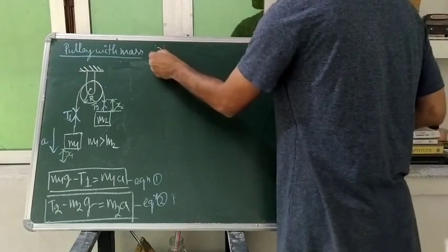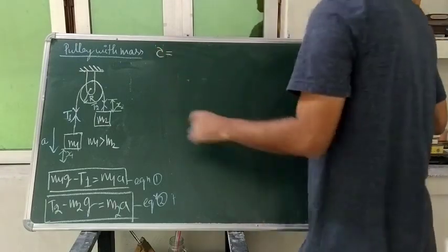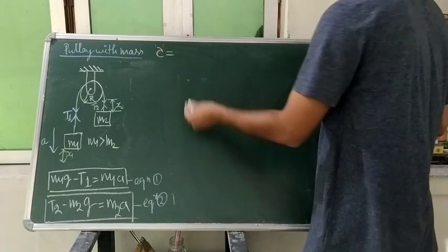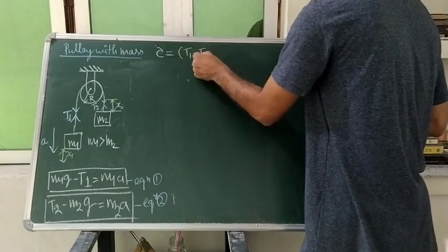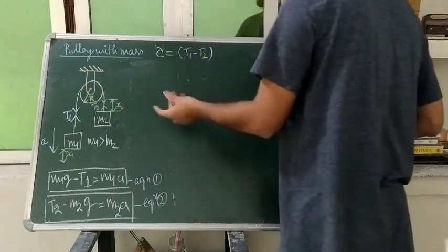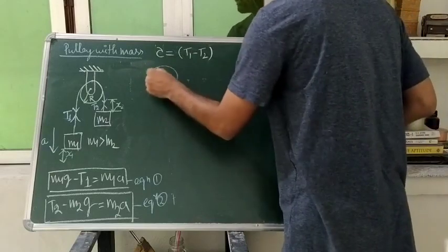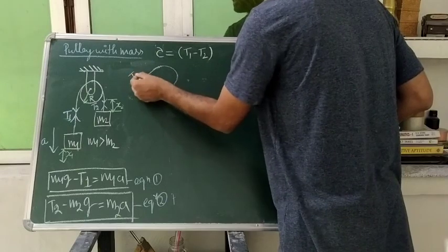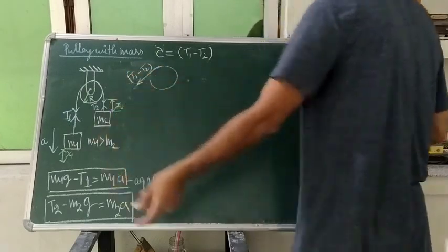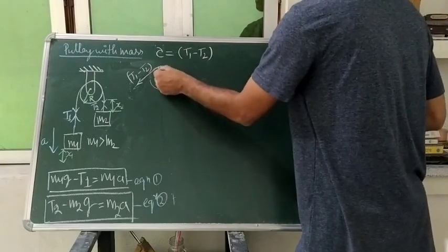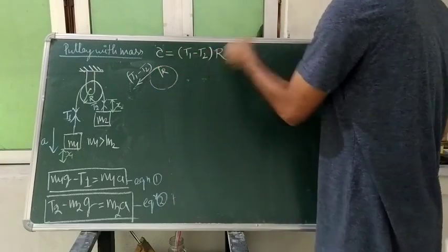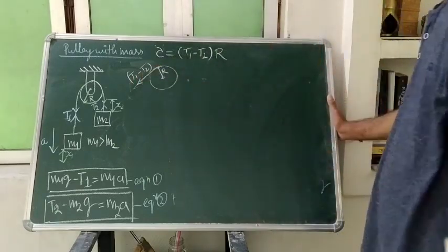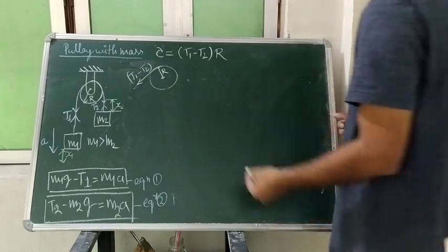So here, at any time t, what is the force acting on that pulley? That force will be T1 minus T2. At any time of that rotation, this T1 minus T2 will act, and this force is acting something like this. T1 is more than T2, and this radius R will give us the perpendicular distance. Force times the perpendicular distance gives us the torque produced in that body.